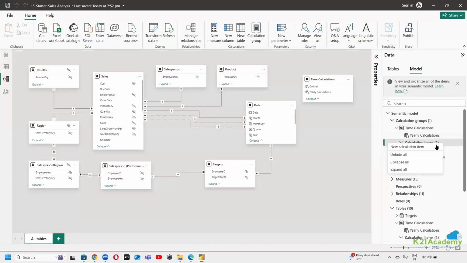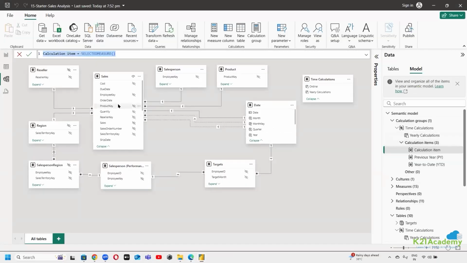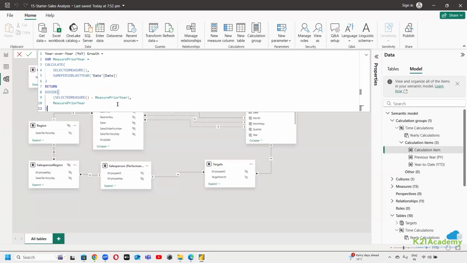So I'm going to say another calculation item I want to define. And this is my calculation item. Year over year, YOY growth. Calculate for the selected measure. So that we are now invoking a time intelligence function, same period last year. Whatever the period you select, yearly period, monthly period, quarterly period, return the division of selected measure minus the prior year and the prior year,